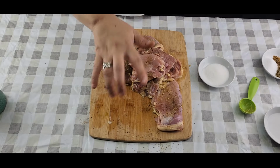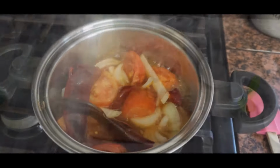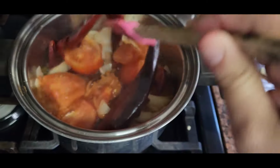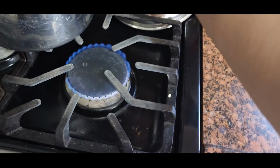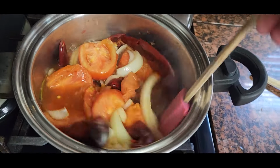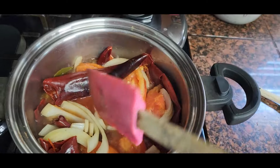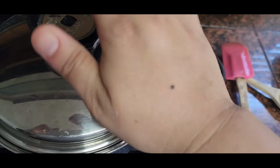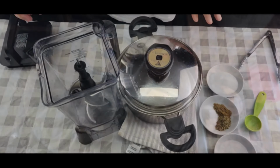And I'm just gonna hold on here. Okay. It's like this, right? So I put it on medium low, okay? And I'm gonna leave it here for 10 minutes, okay? But cover it so you don't lose all the liquid. So I just cover it and leave it there for 10 minutes. Okay, guys, so